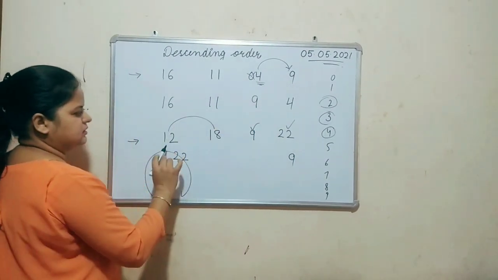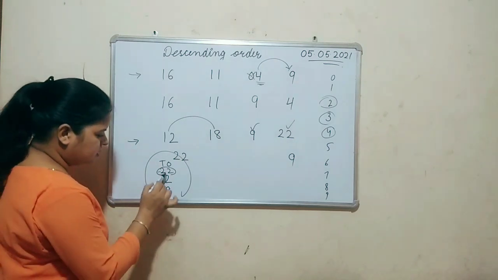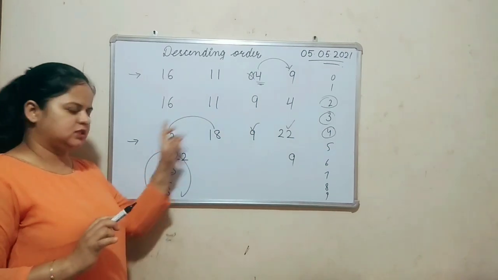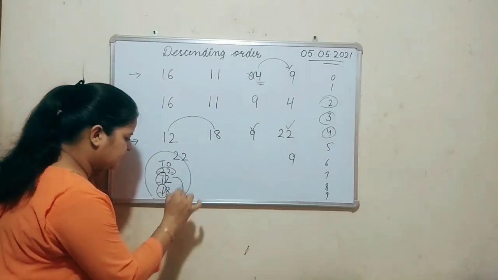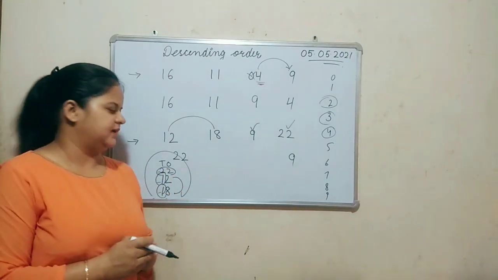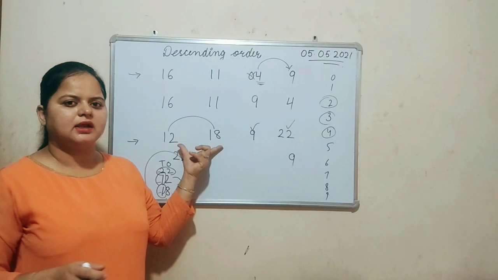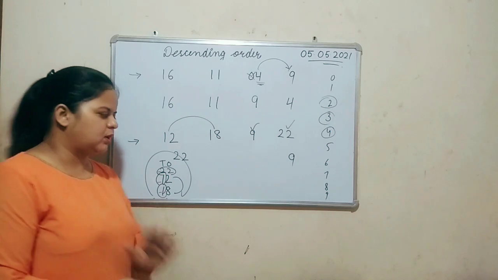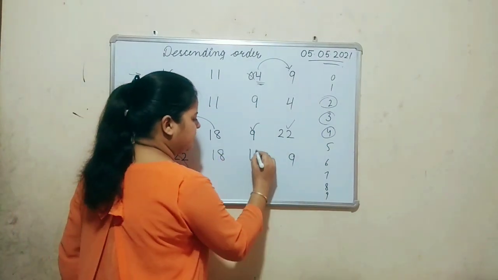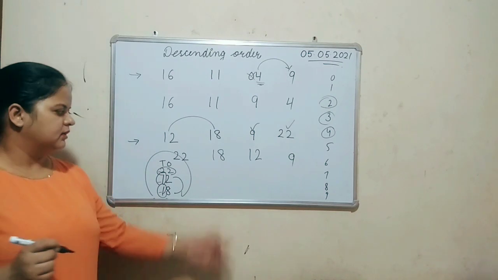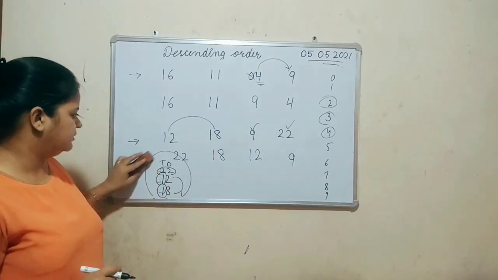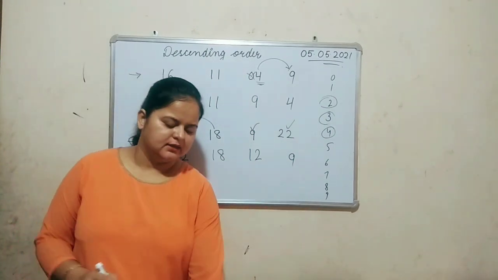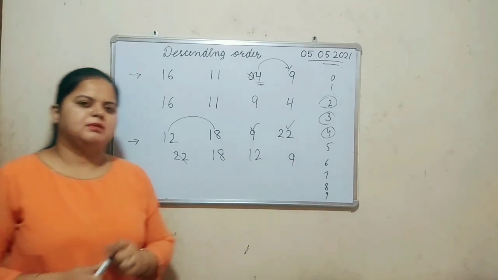Now we have only two numbers, 12 and 18. The digits placed on the tens side, जो digit tens side में है वो same है. Then we will compare the numbers which are placed on the ones side. So ones वाली side में हमारे पास 2 and 8 two numbers हैं, and 8 is the greater one and 2 is smaller. So 18 पहले write करेंगे and 12 बाद में. Okay, again we have done descending order. 22, 18, 12 and 9. Done. Very good, my dear students.